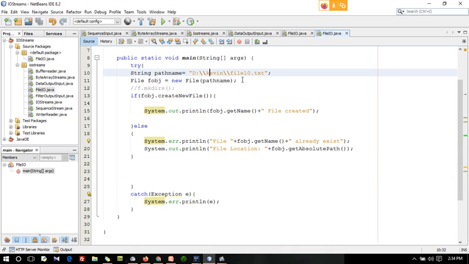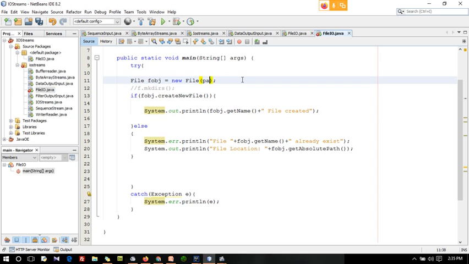In the case I am not giving any file locations here, what I am going to do is get the file name from the user.